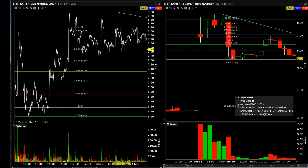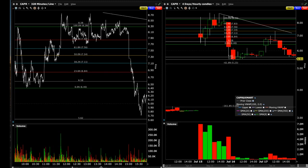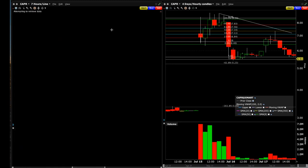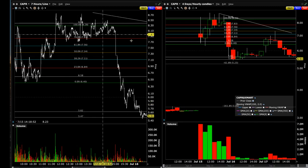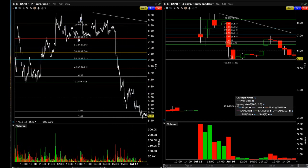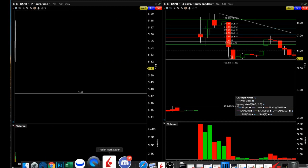So basically this breakdown that we see here, I was kind of watching it. I really wanted to play it, but the shares were really expensive to locate, and I wasn't sure if this was just getting wound tight to break out or break down, so I kind of just let it go. And I missed this. This was a beautiful trade. But yeah, so that kind of stirred the pot on day one, and now let's go to day two. Day two was pretty boring. Nothing really happened, but we'll go over it real quick